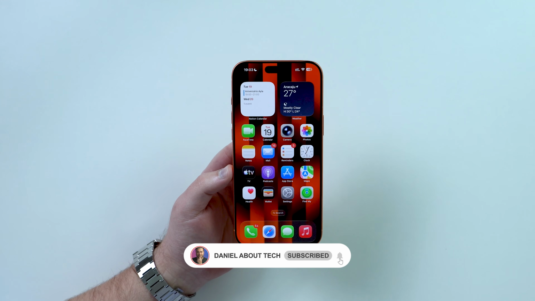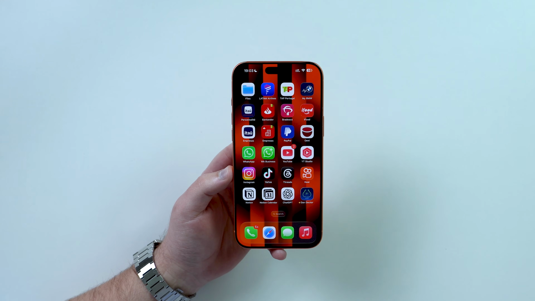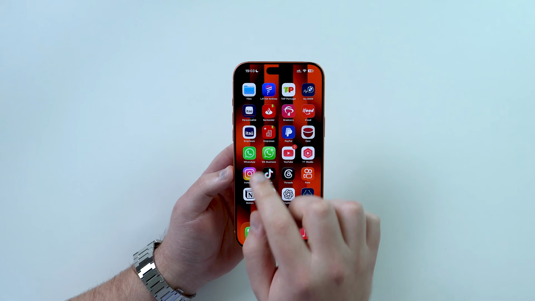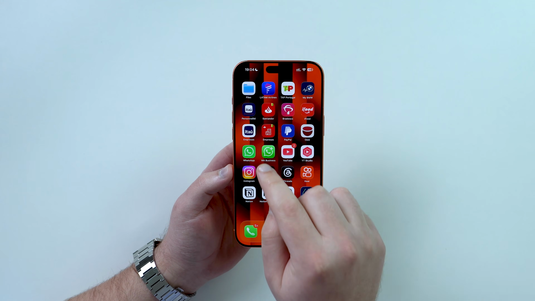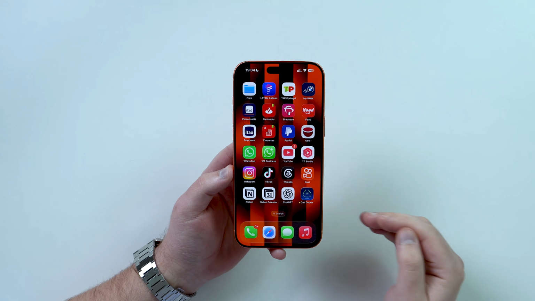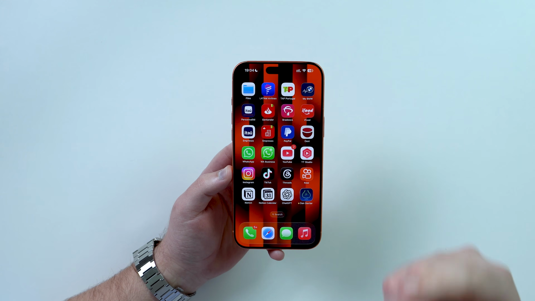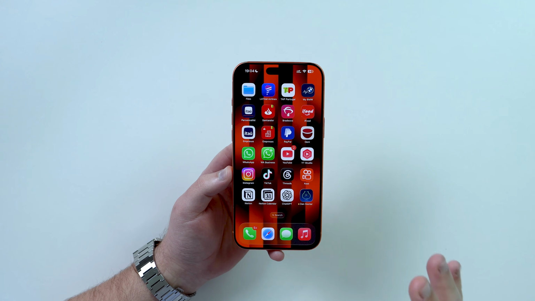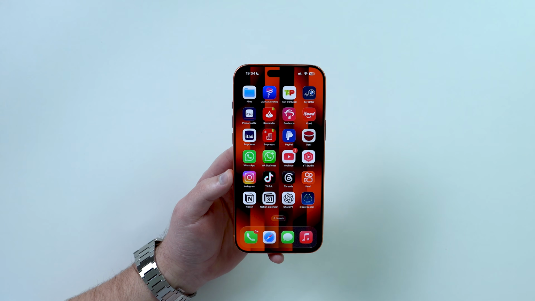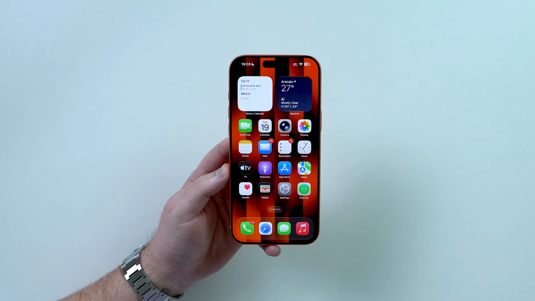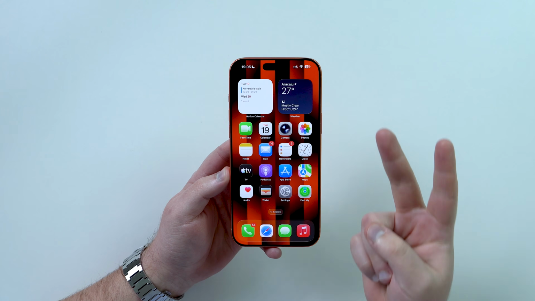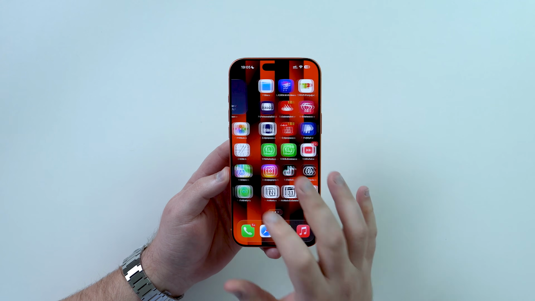You're watching Then About Tech, and today we're going to talk about WhatsApp, more specifically WhatsApp backup. How to back up your WhatsApp the correct way and how to recover all your WhatsApp data when needed. So, without further ado, let's begin. And the first thing I have to tell you is there are actually two different ways you can back up